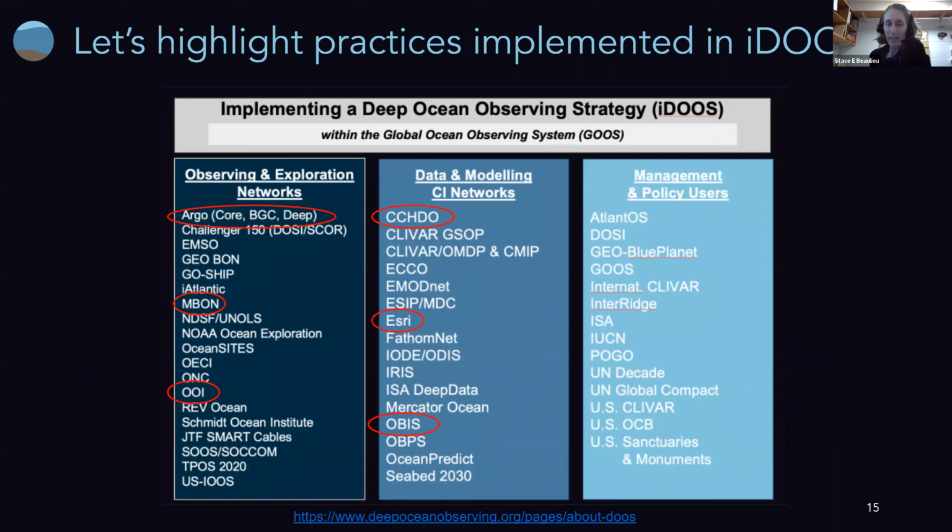As I go through the examples for each of these good enough practices, I want to highlight groups that are within the DOERs community, so within our Deep Ocean Observing Strategy community. And I've circled in red the different groups within these networks that we'll be learning about today through examples. Throughout the several modules of this training, I'll try to hit on as many of these partners as possible.